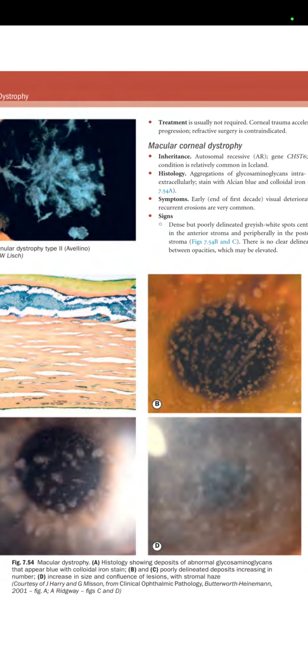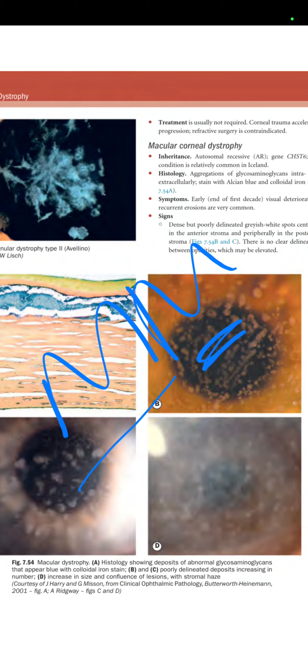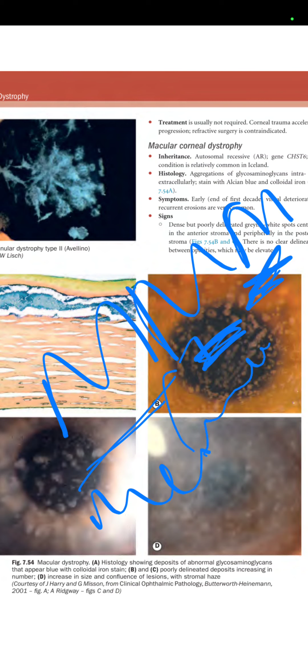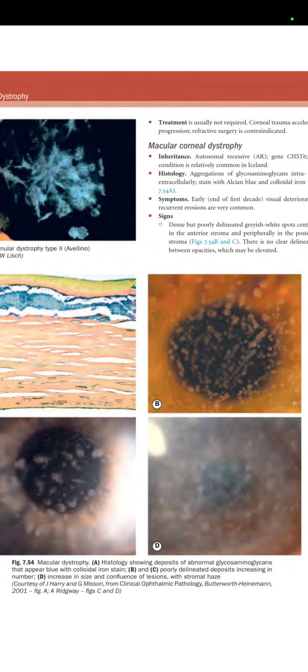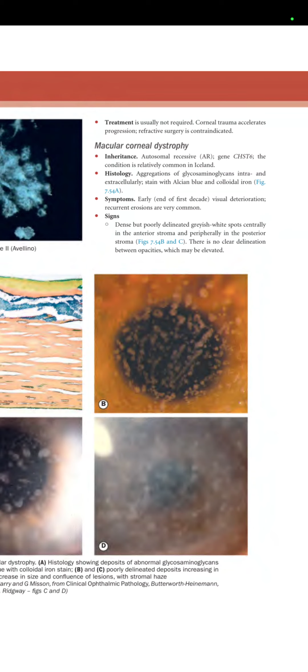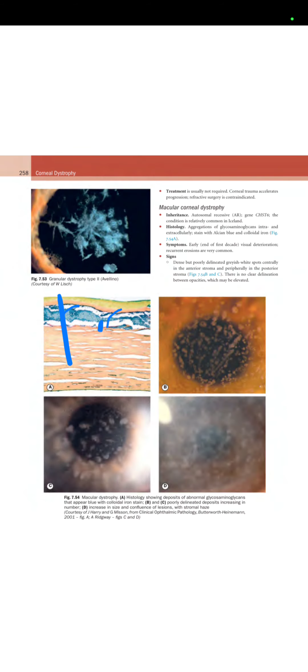Next is macular corneal dystrophy. So it is like Marilyn Monroe made. Basically its mnemonic is Marilyn Monroe made. You are going to see that macular corneal dystrophy has mucopolysaccharide deposits, and they stain with Alcian blue or colloidal iron. Basically, M is for